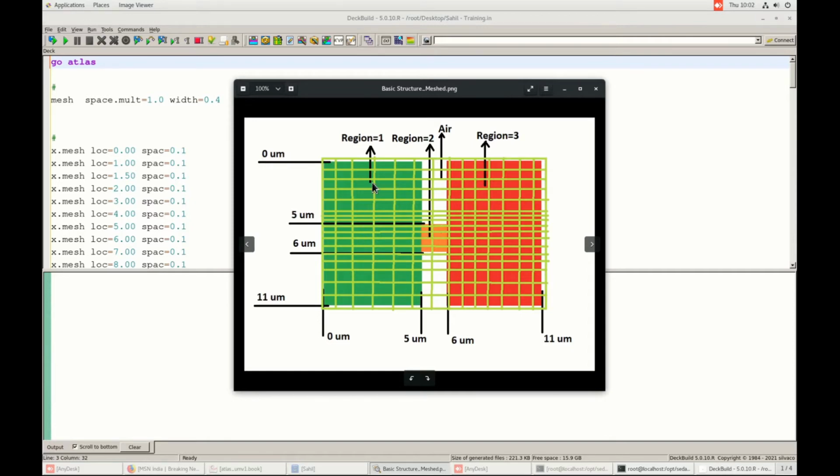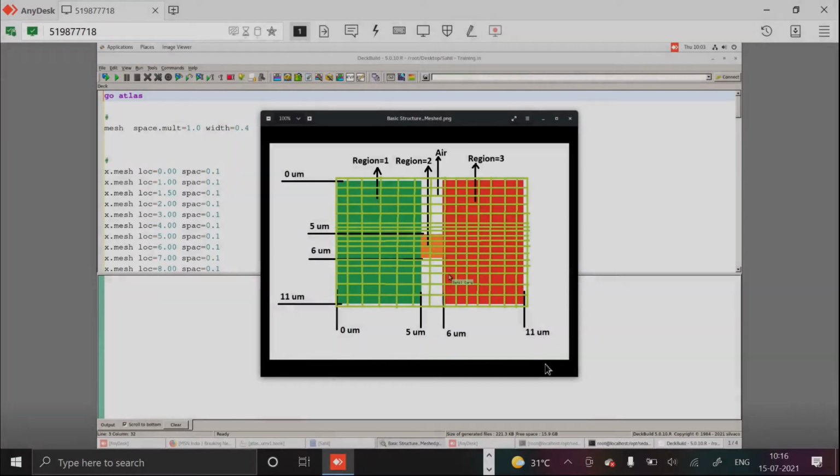Otherwise you can keep a uniform fine mesh, but that will take a lot of time to simulate. That is the problem with that. So you can define the mesh in such a way that it is a trade-off between the speed of simulation and accuracy. The finer you go, the more accurate the simulations. But if you go with a coarse mesh, the simulation will take less time, but the reliability of the results and calculated values will also reduce.